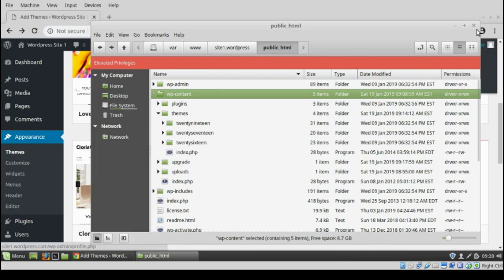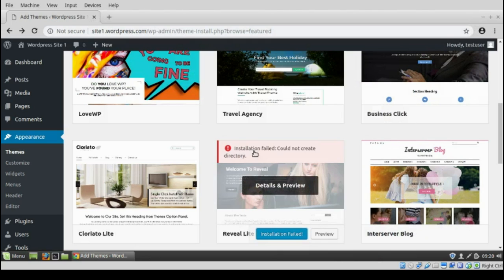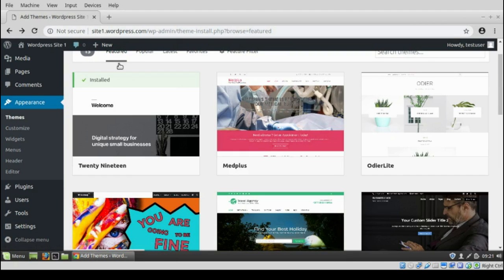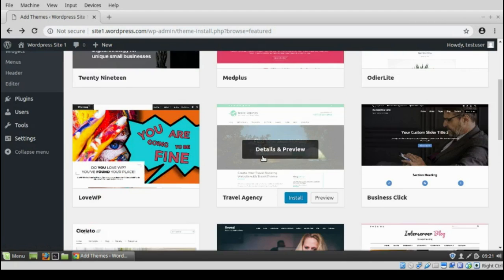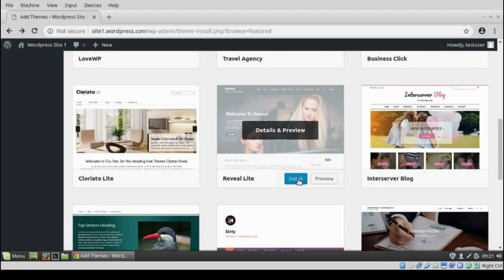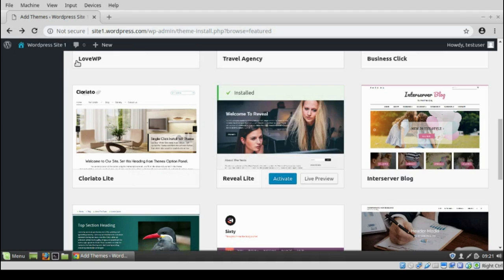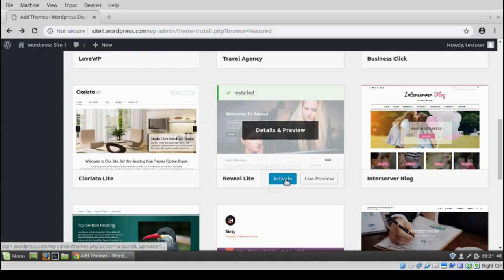Anyway, so let's get out of this. I think we're all set here. Alright, and let's go ahead and refresh this again, and let's go down to try and install that theme once again. So now you notice now it's installed. All right. So let's go ahead and activate it. So click go ahead and activate,